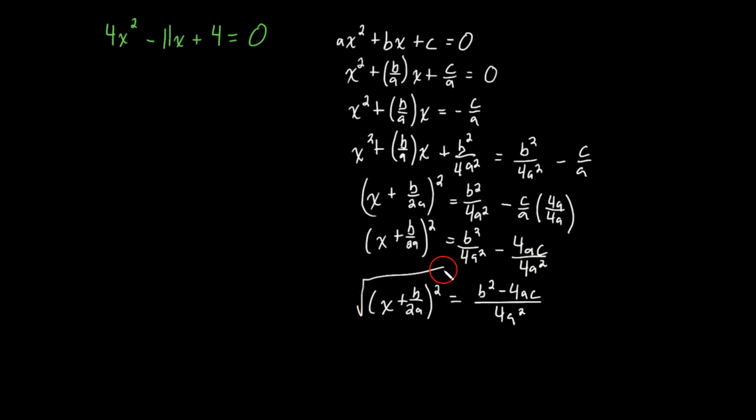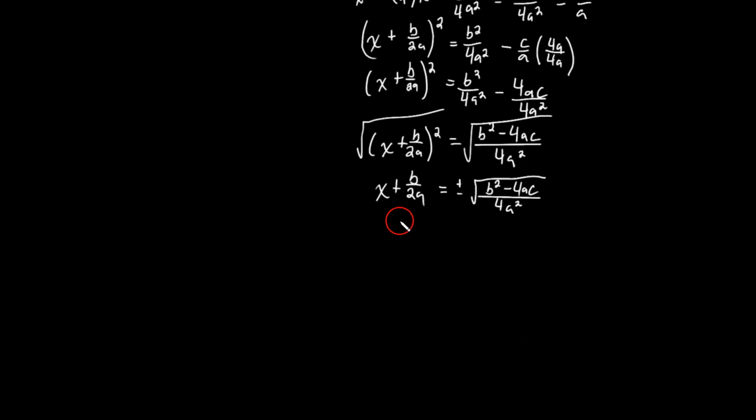Let's take the square root of this left side and the square root of this right side. That would give me x plus b over 2a equals plus or minus the square root of b squared minus 4ac, all of that over 4a squared. And now I just need to subtract b over 2a from both sides, and that would give us x equals